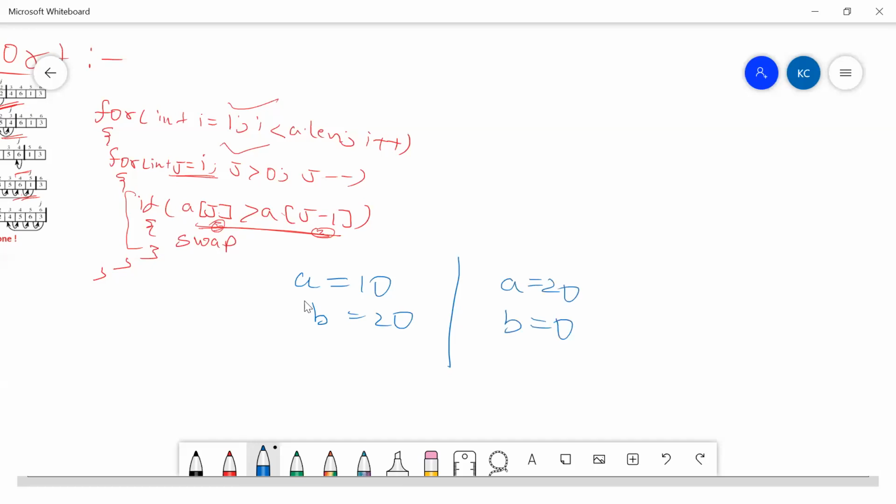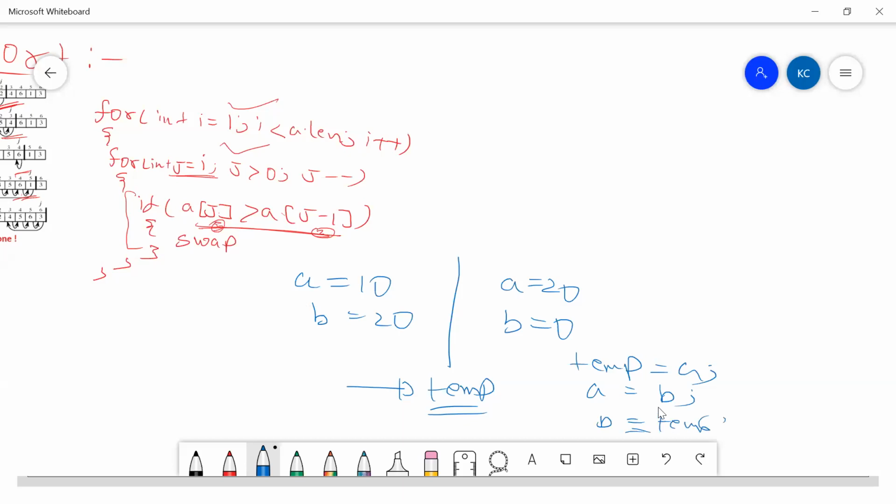For this I'll be using a variable called temp. So I'll say temp is equal to a, a is equal to b, b is equal to temp, something like this.